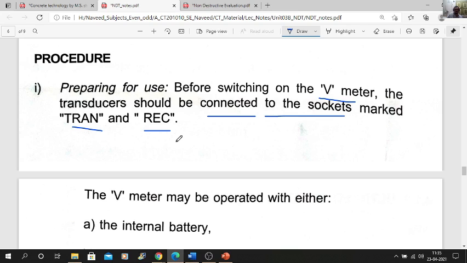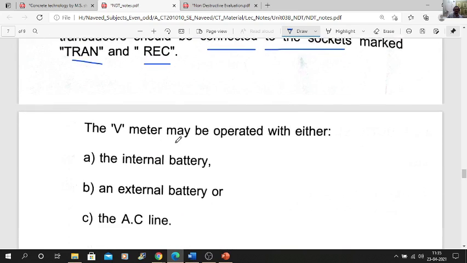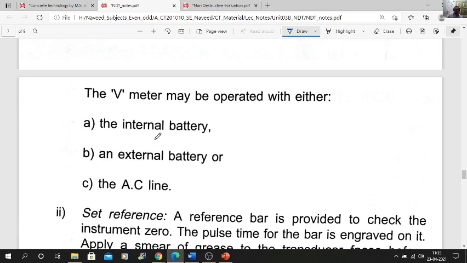So you should properly connect the transmitter and receiver. Otherwise, your reading may not be proper. It may be operated by a battery, external battery, or AC line, depending on the instrument.